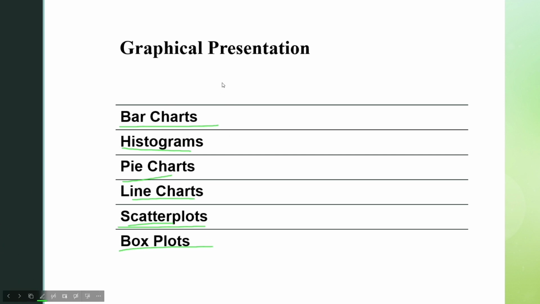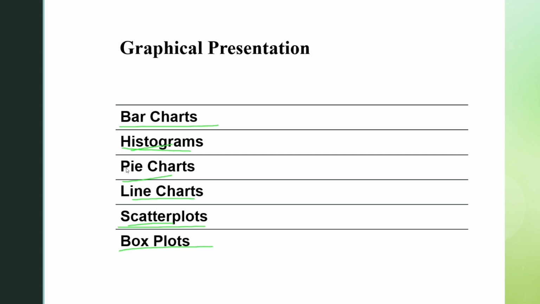So bar charts are suitable for comparing categorical data or showing the distribution of a single variable across categories, or the bars can represent frequencies, proportions or means for each category, and they're useful for visualizing comparisons between groups and categories. Histograms will display the distribution of continuous data by dividing it into intervals and plotting the frequency or proportion of the observations within each interval, and they are useful for visualizing the shape, the central tendency and the variability of the data's